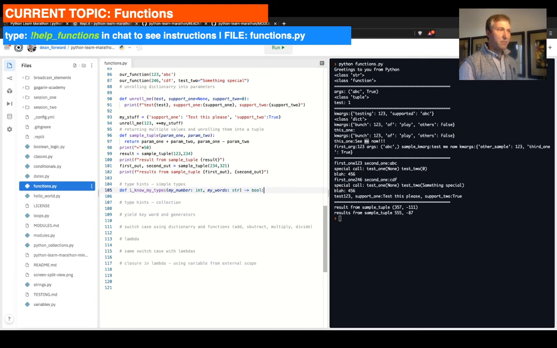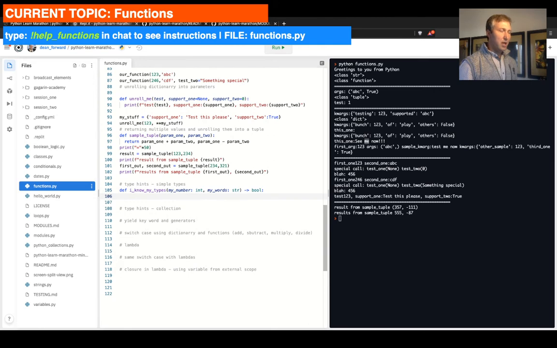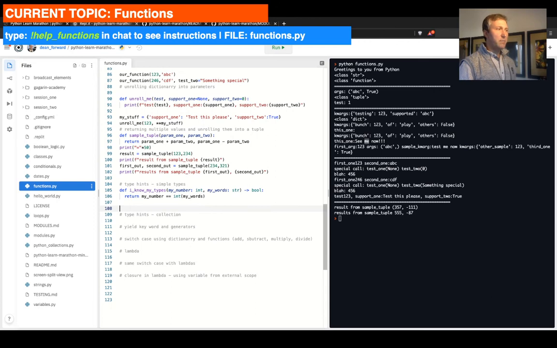And then that would complete the definition of the function. So let's make the implementation of it, converting my words to int and then comparing it to my number. And so let's say return my number double equals int my words, right? So like if we just make a basic call,